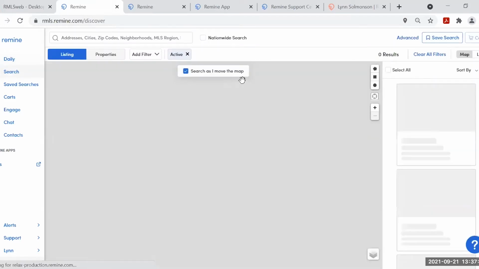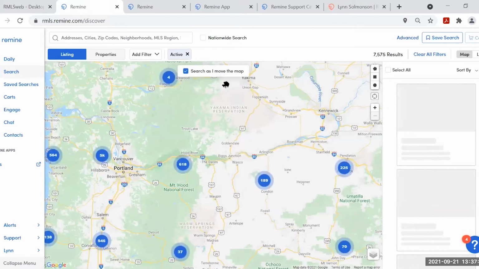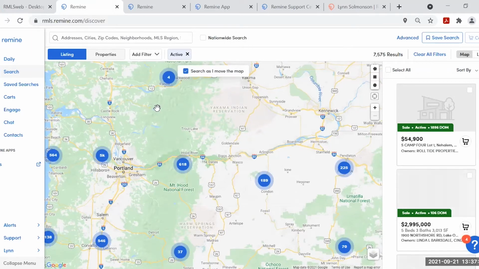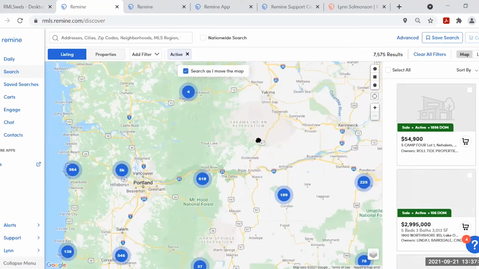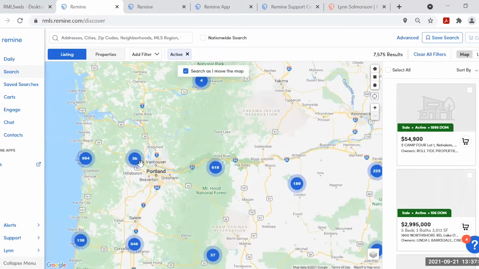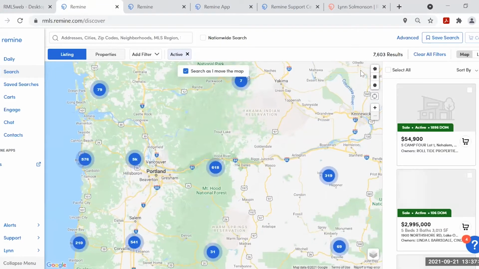Okay, so search when you initially pull it up. Remine is a national database, so public records all across the country. With our version of Remine Pro that we have, you can see all public records. Depending on where you have the map at any given moment, it's going to tell you in the upper right a count of results based on zoom level, search criteria, and all of those things as we navigate around.